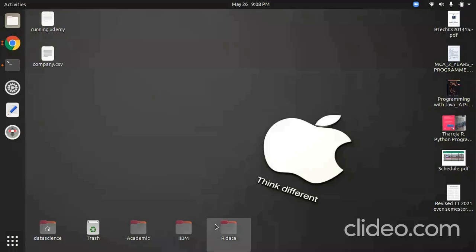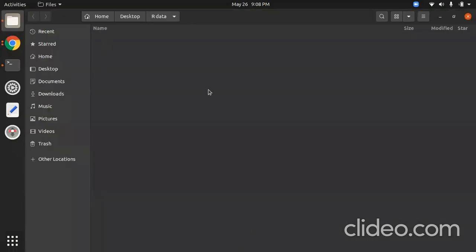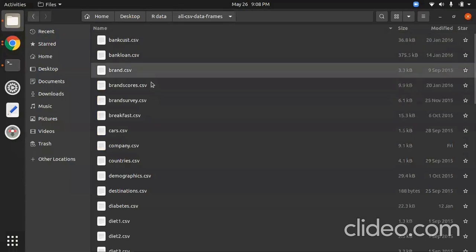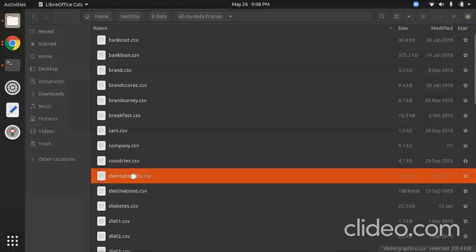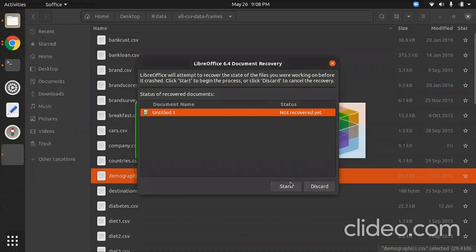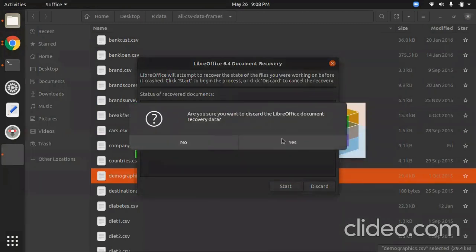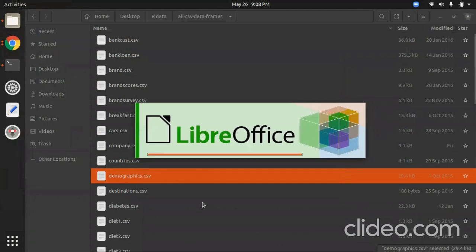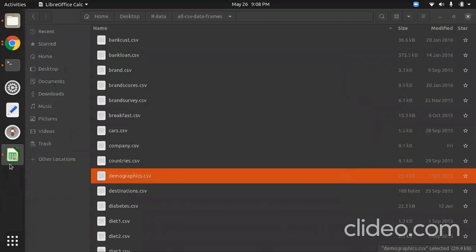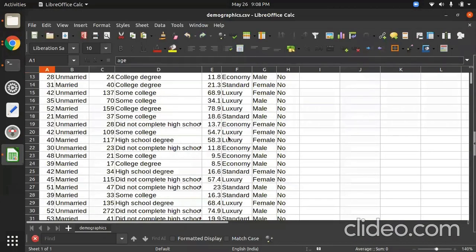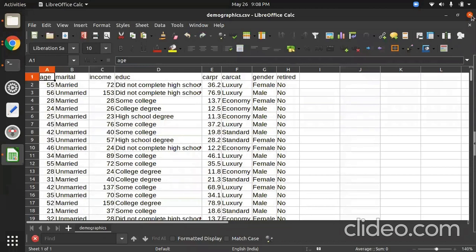I see any data set, because I gave you the GIF file that contains lots of data sets. What data set will you take? Demographics. See this thing, any data set which has all numeric columns, and the last column is numeric also for the regression. What happened with this one? No. My laptop is misbehaving today. No, this is entirely a classification data set.